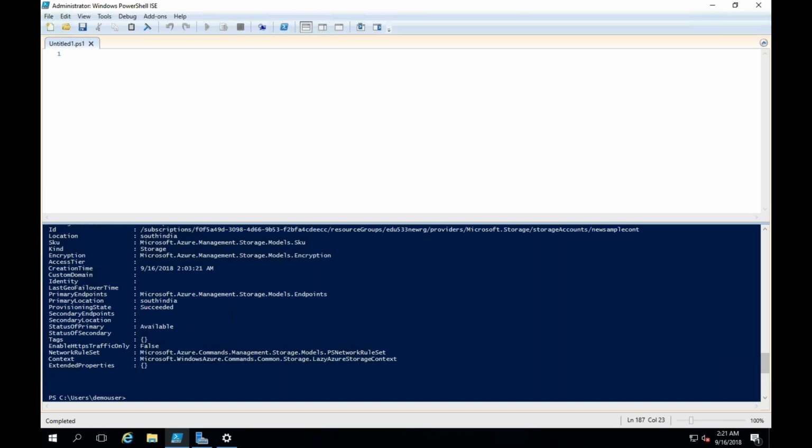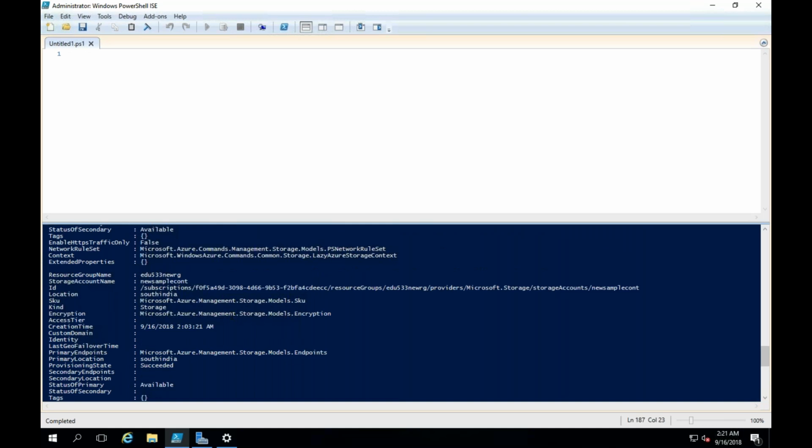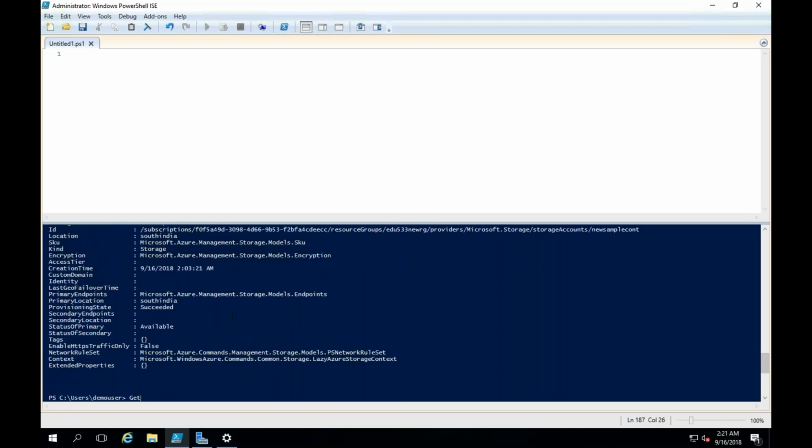Yes, so here you can find the storage accounts, right? And you can try listing out the blobs. So what I can do is say Get-AzureStorageBlob,